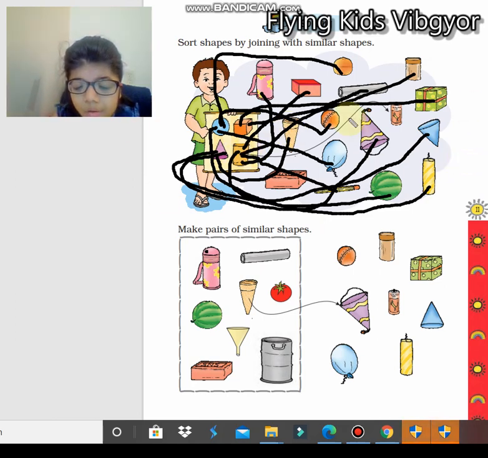So it looks quite messy, but when you do it on your own, you will be very interested in doing this, and you will make your concepts very clear about which shape the different objects we find near us actually have, right? Okay, this next one, I leave it to you to do on your own, right? And you guys also, who are watching